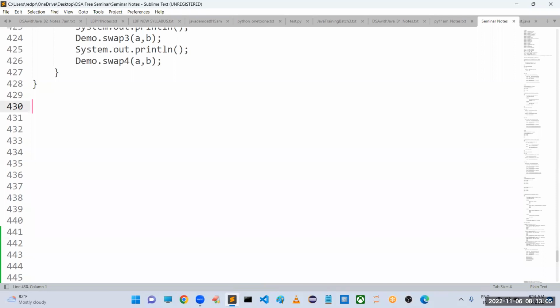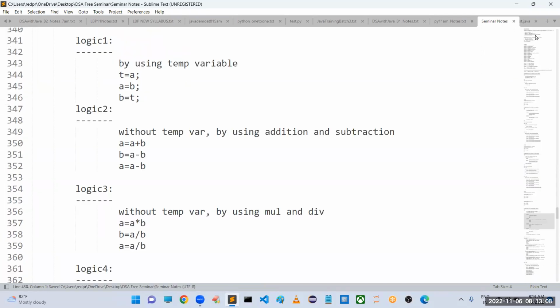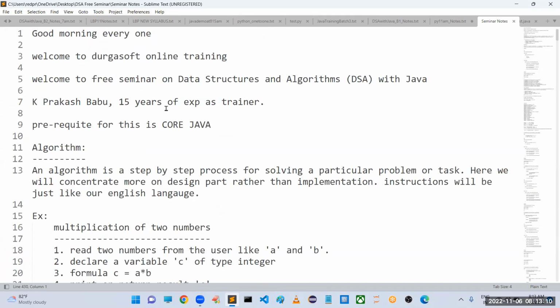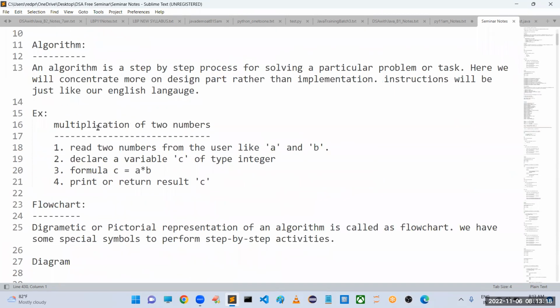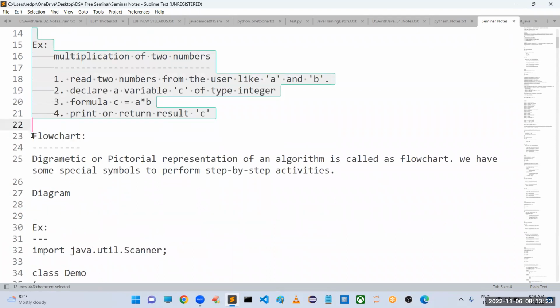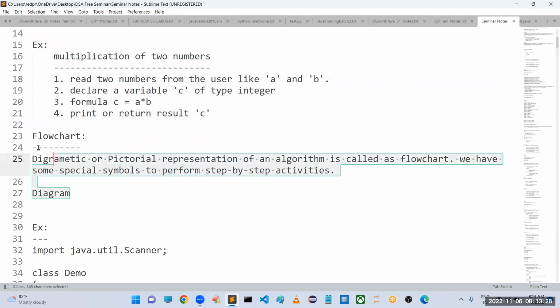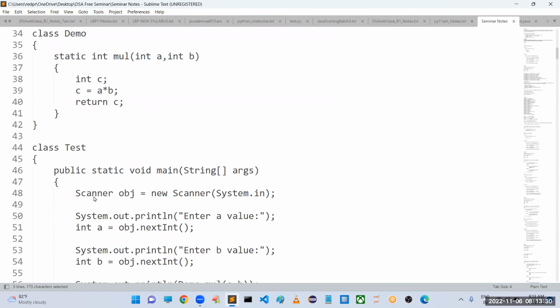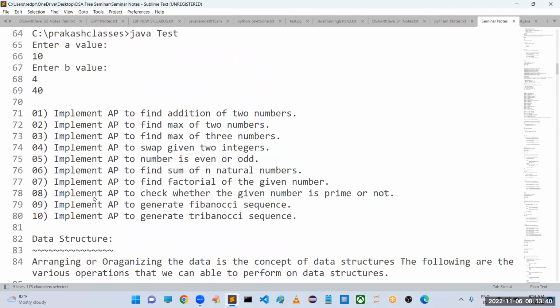Yeah, good morning, sir. In the last video in this workshop, this seminar regarding data structures and algorithms, we had a casual discussion about what an algorithm means, what things are required to prepare an algorithm, and what a flow chart is. We created a sample algorithm, implemented it, and even saw the flow chart for that algorithm. After this,